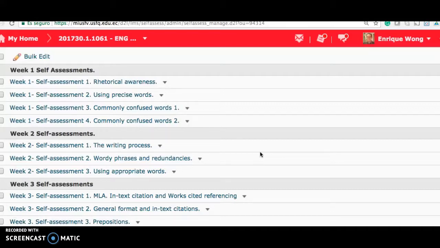And the writing process is very important because it's organizing your work with a view to writing the essay, beginning with annotating text, using some pre-writing techniques, and then organizing your ideas with some sort of organization tools like outlines or clusters or diagrams or map of ideas, and this would help you write your essays eventually. You also have another exercise on word phrases and redundancies, which is about sentence patterns and using the right words. This is about word choice.